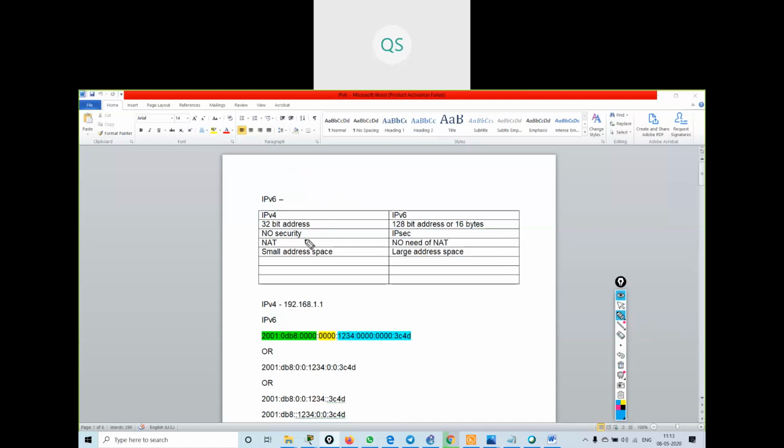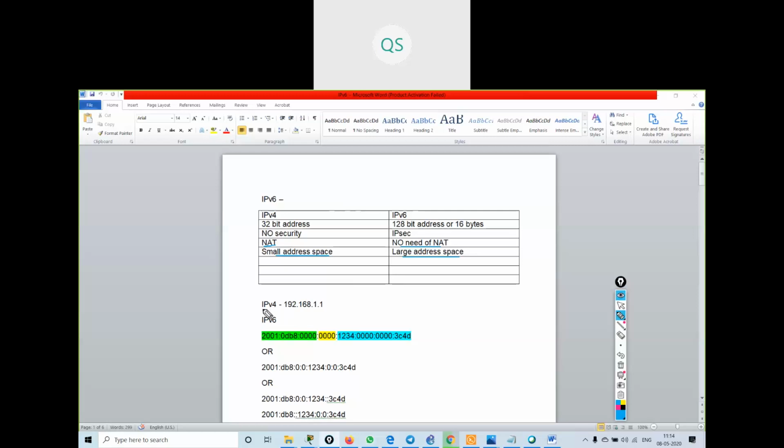If you remember, we had a range of public and private IP addressing. We used to NAT our private IP address to public IP address when we were going over the internet. In IPv4 we used to NAT private IP to public IP and public IP to private IP. But here there is no need for NATing, because the address space is very large. In IPv4 the address space is very small. These are some common differences between IPv4 and IPv6.